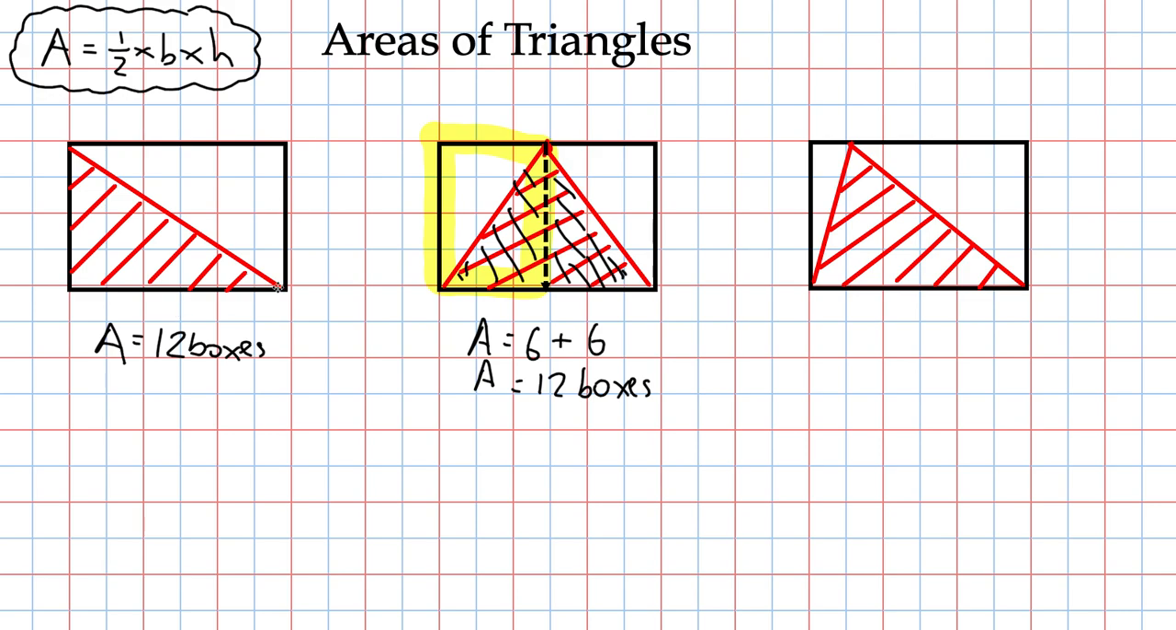So do you notice in actual fact that the area of this red triangle is the same as the area of the left hand one? But surely this one looks a bit different because its sides are all different lengths. There's nothing kind of regular about it. Does that mean that it's the same? Well, let's have a look at